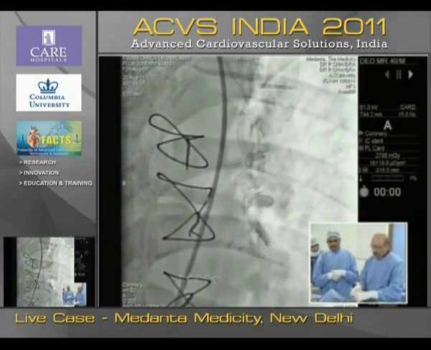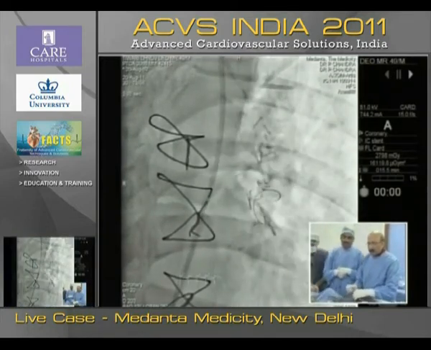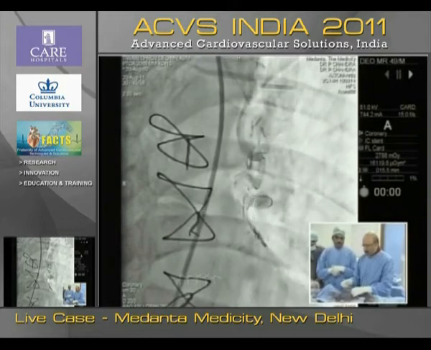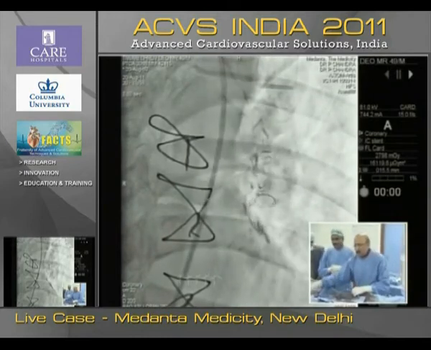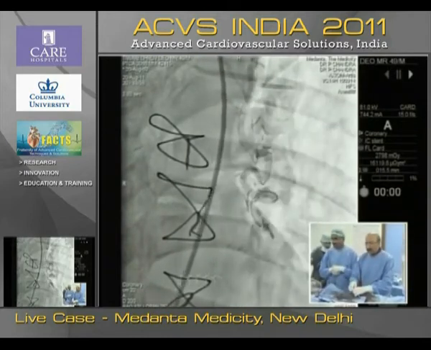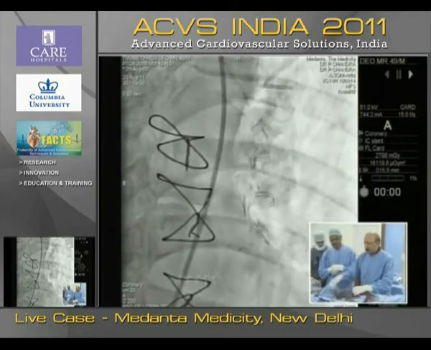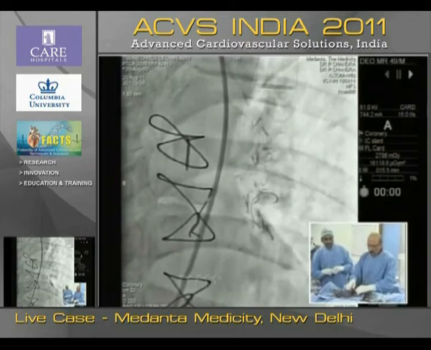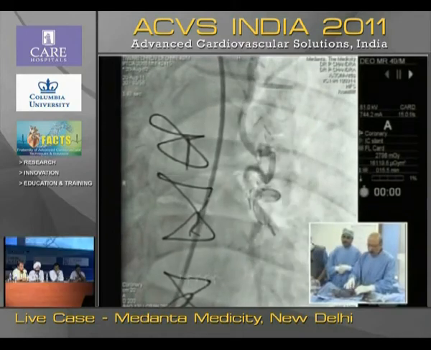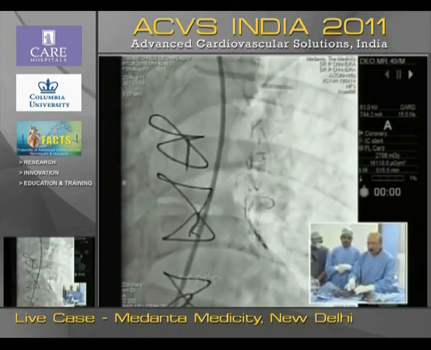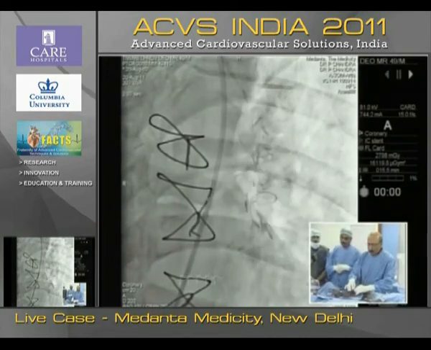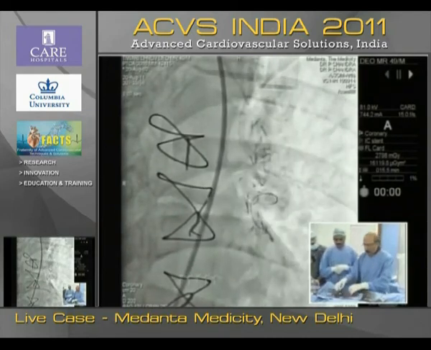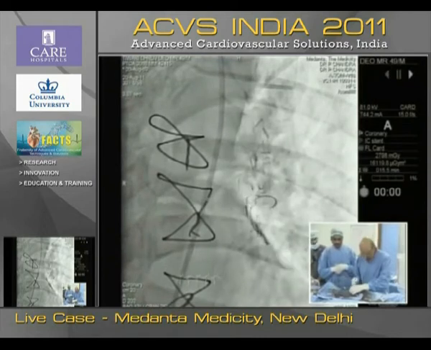Yeah, but the problem with a buddy wire here is that as soon as you take 2 wires, the whole thing gets concertinaed, straightened, and the patient starts developing too many symptoms. And it's a very huge vessel. Using an extra support wire. This is a Whisper extra support. Okay. So we have already taken that.